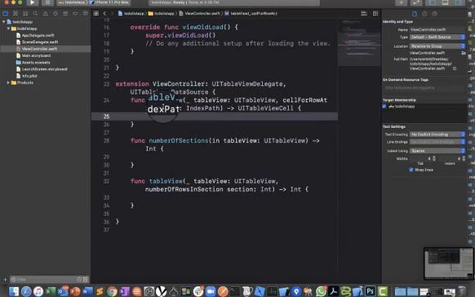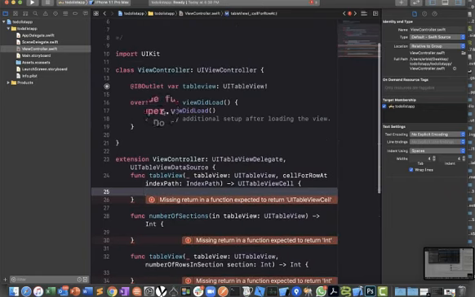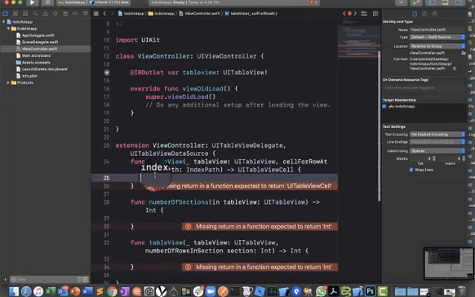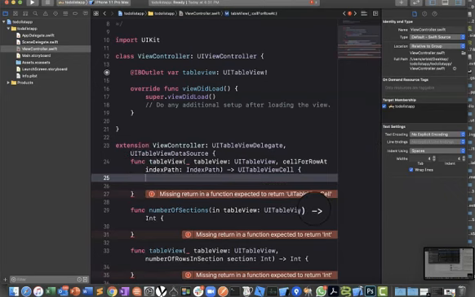So what this does is it calls this method. Let's say you say number of rows is 1, it will call it 1 time. If it has 2, it will call this method 2 times. And I want to go ahead and get a cell. So I'm going to say tableView